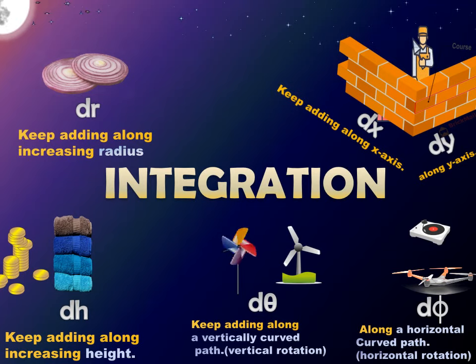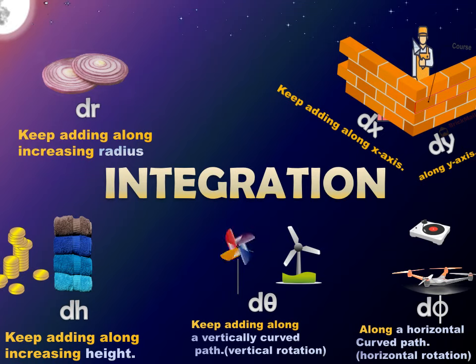Dx means just keep adding along the x-axis. Let's see, this is the x-axis. As you see, the direction in which the bricks are added. The y-axis will be dy, it will be perpendicular to the x-axis. Dx means keep adding along the x-axis, dy means keep adding along the y-axis, dr means keep adding along increasing radius, dh means keep adding along the height,